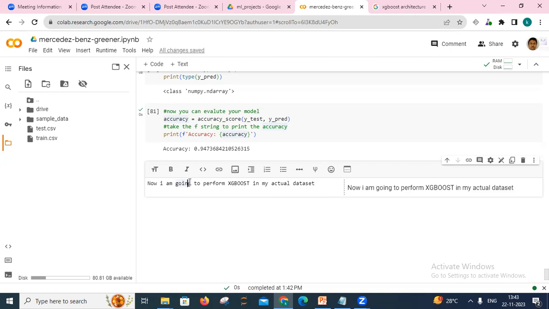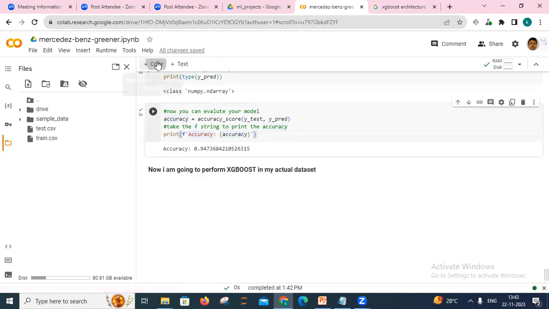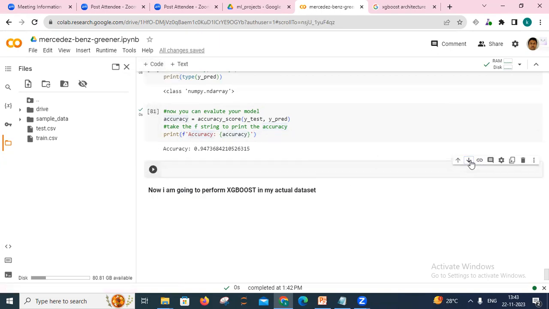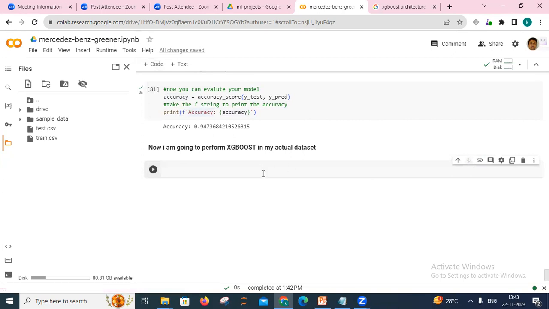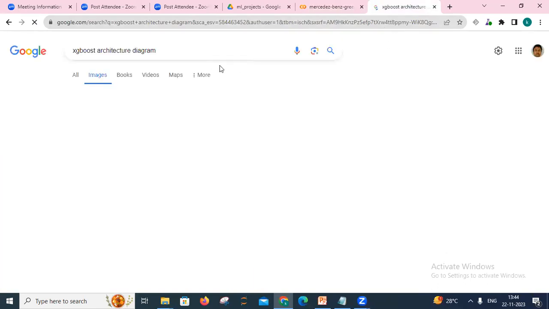Okay, do one thing, you already imported this thing, but before going to apply I want to see the architecture part that I have to show. So just search for the XGBoost architecture, and you can see